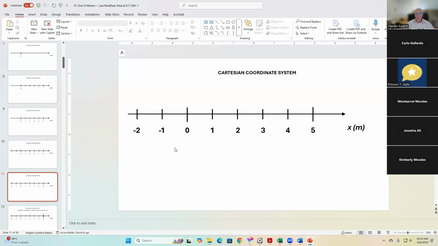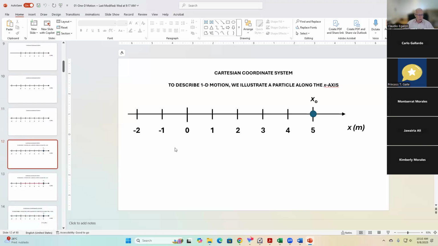Example. I gave you the example of the object south or north of downtown LA. Now I'm going to give you an example of the position of an object with respect to this one-dimensional Cartesian coordinate system. That's how we start in physics: we deal with one-dimensional systems first, and then we extend to 2 and 3 dimensions. Here we have the position of this blue object along the axis. The position is 5 meters.